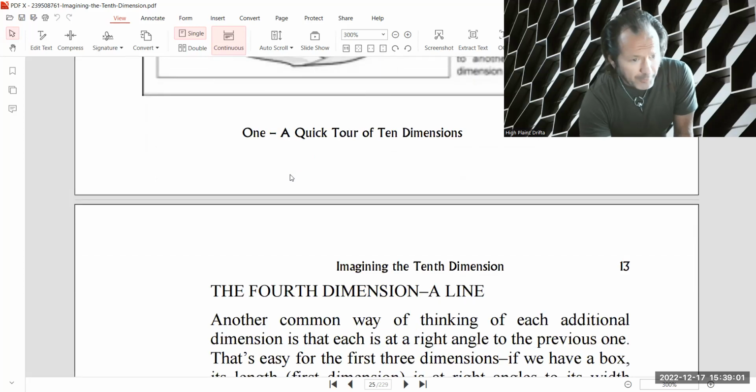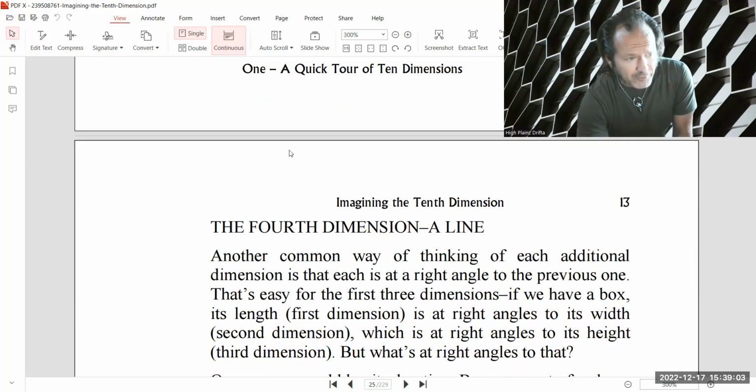All right, so we're going to hold up there. We covered the first three dimensions. We talked about some Stargates technology,